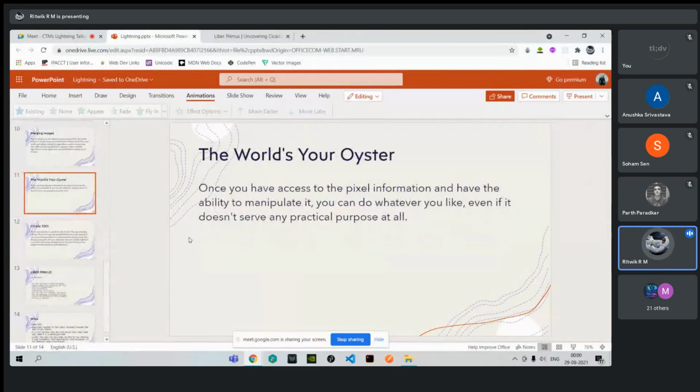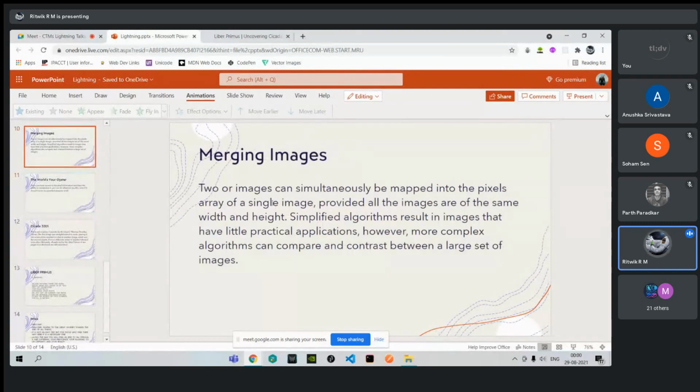And another thing you can look at is merging two images together. Let's suppose you have a number of images, and we're trying to pick up common features from all these sets of images. So what we do is we